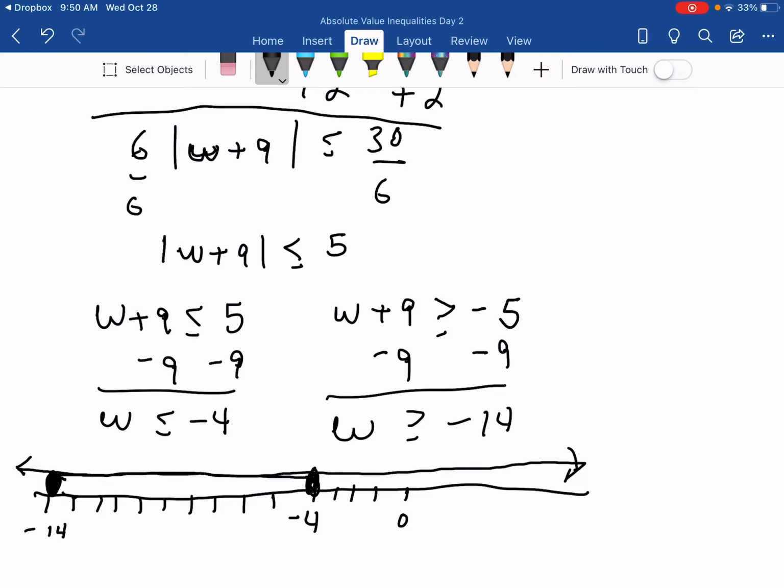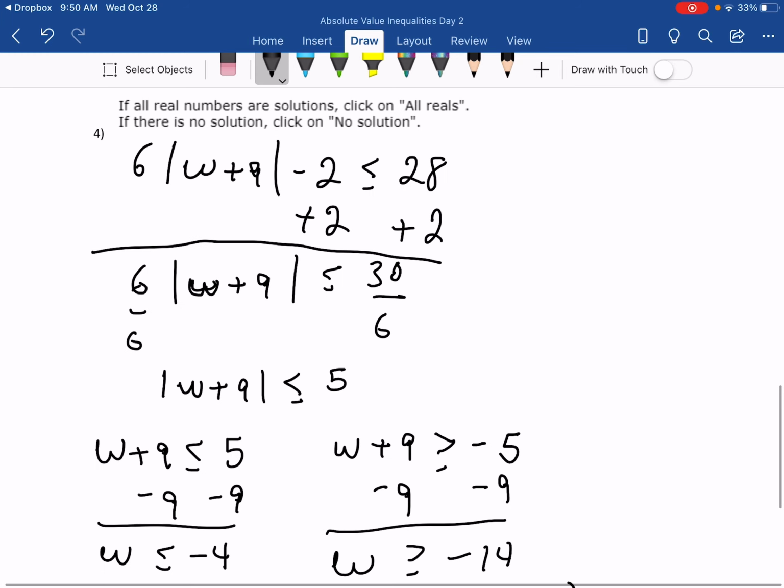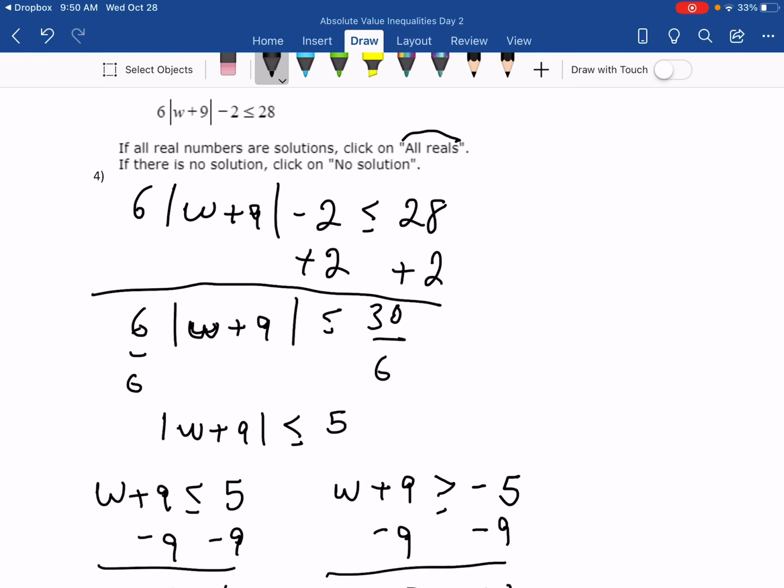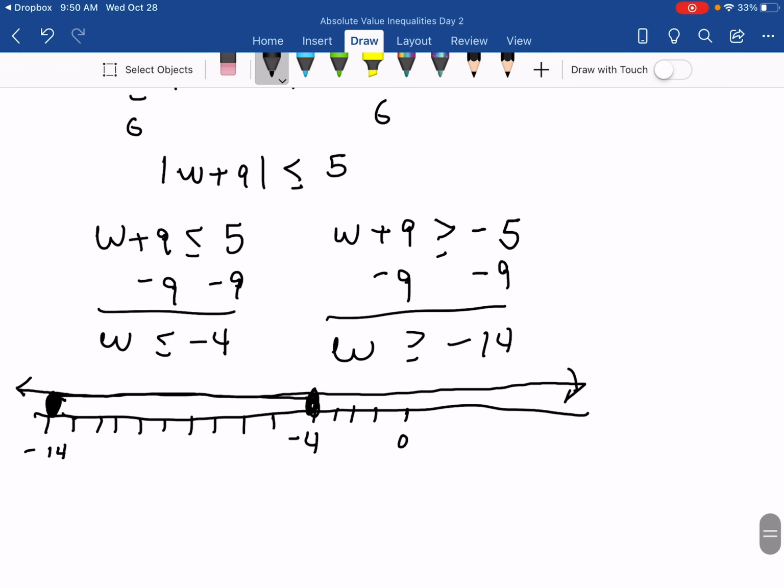So notice we filled the entire number line. This is where your answer is all reals, because all real numbers, meaning the entire number line, are solutions. We have the graph to the left goes down to negative infinity, to the right goes all the way to positive infinity, which is all real numbers. So your answer to this is all